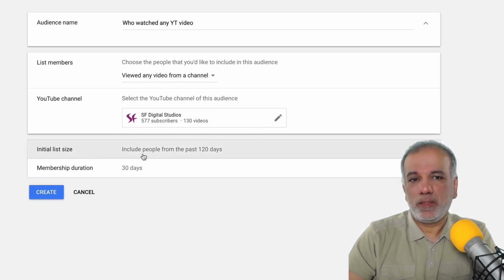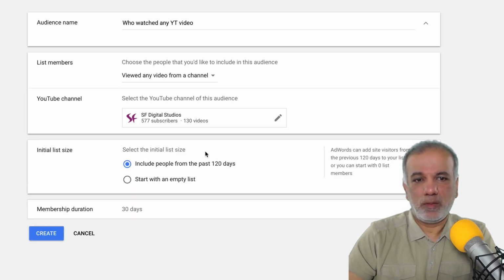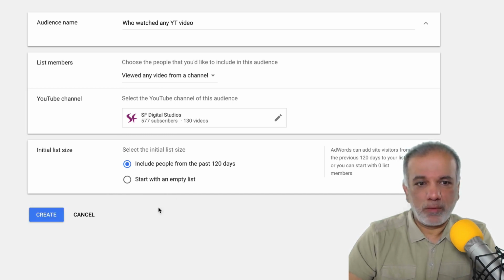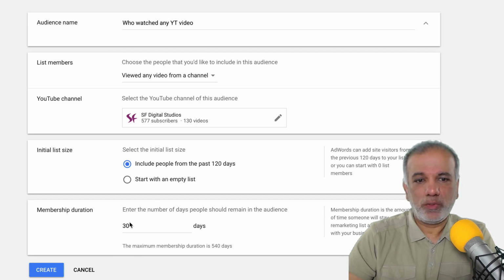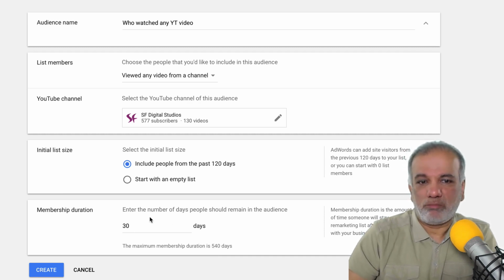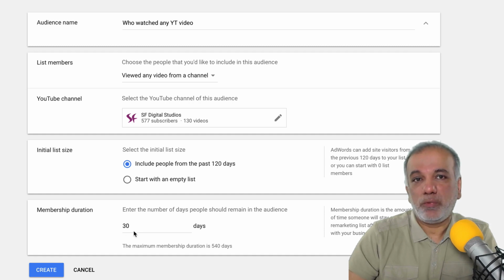Again, initial list size: include people from the past 120 days. You can change it, or you can select start from an empty list. And the membership duration, whether you wish to keep it 30 days or you can make it a maximum of 540 days. And I've said in the past that I never tend to go that big, because if someone is not converting after 90 or 120 days, then there's no point in chasing them. It's just going to annoy them. So you can choose whichever membership duration you like in here. Create,